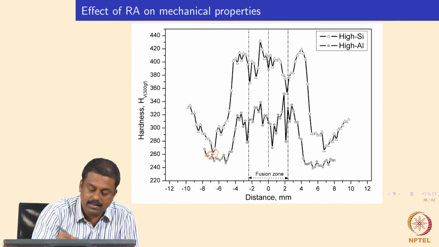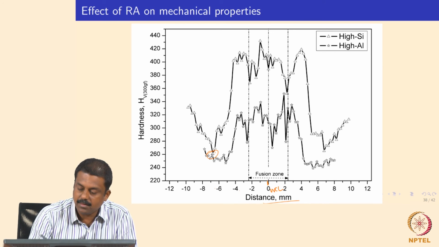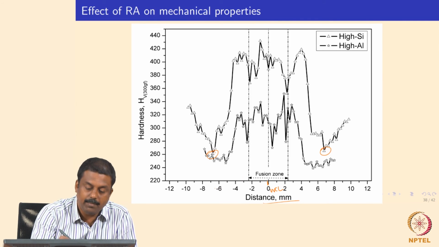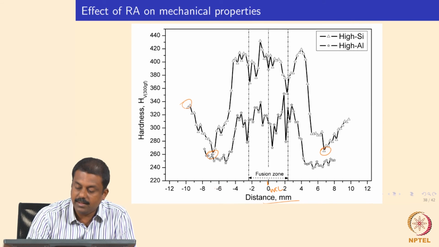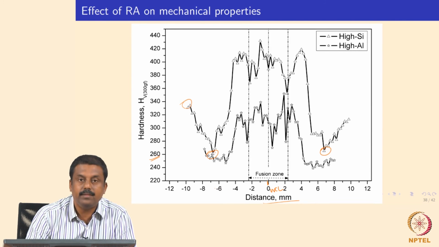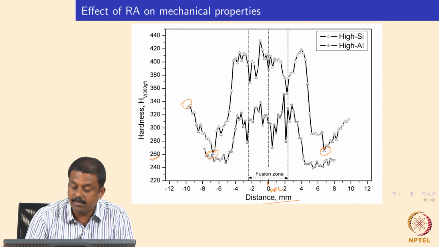So this is the hardness as a function of distance from the weld center line. So this is our weld center line. Whenever the peak temperature reaches just below the A1 temperature, where we have minimal retained austenite, the material softens significantly. When the base material hardness is about 340 Vickers, in these regions where the austenite fraction is nil, the hardness decreases to 260. Why? Because the retained austenite is transforming into a soft ferrite and carbide mixture, leading to a decrease in hardness.